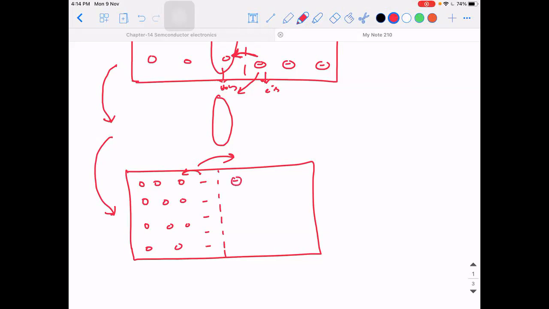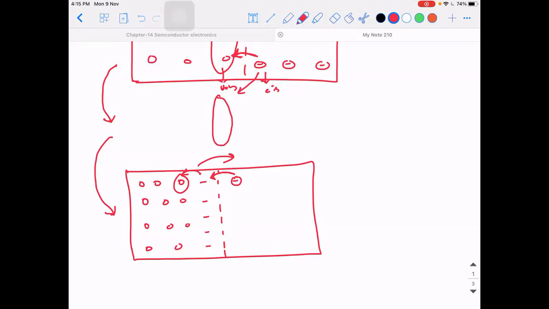So when the further motion of electrons is going, now tell me, you have some more electrons in the N type. Will there be a possibility of those electrons to actually get recombined with the holes which are present here? Is it possible? We are going to think of only one fact: like charges repel, unlike charges attract. That's it. There will be repulsion due to the negative charges which have got created due to the process of diffusion.